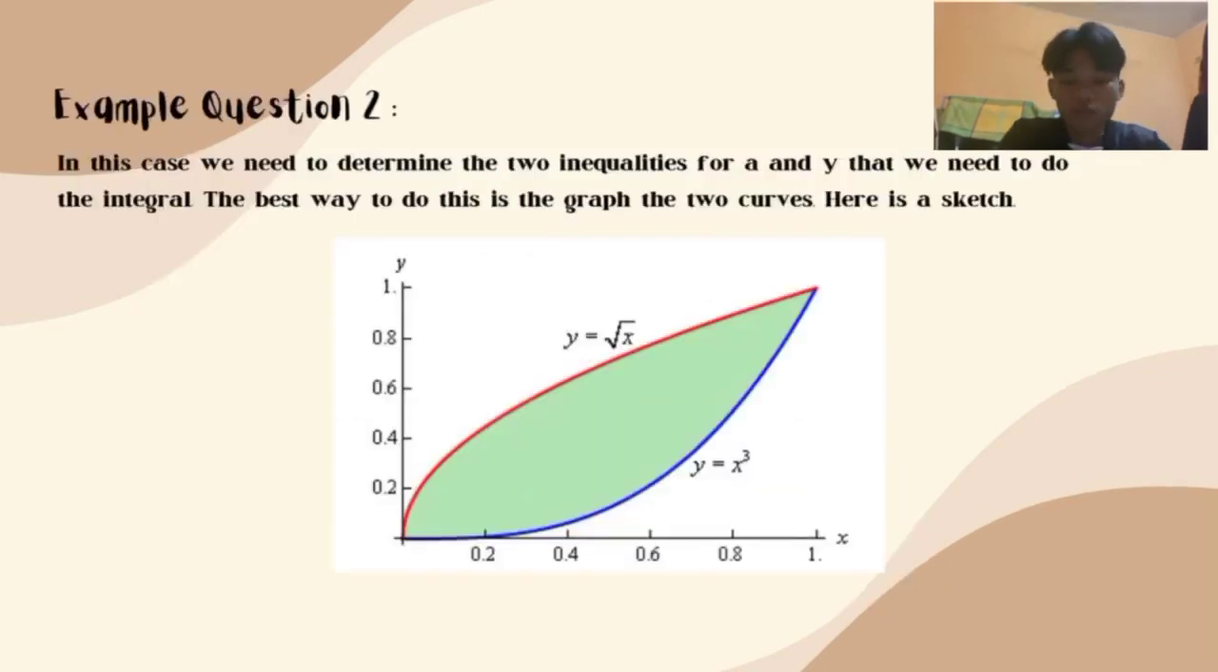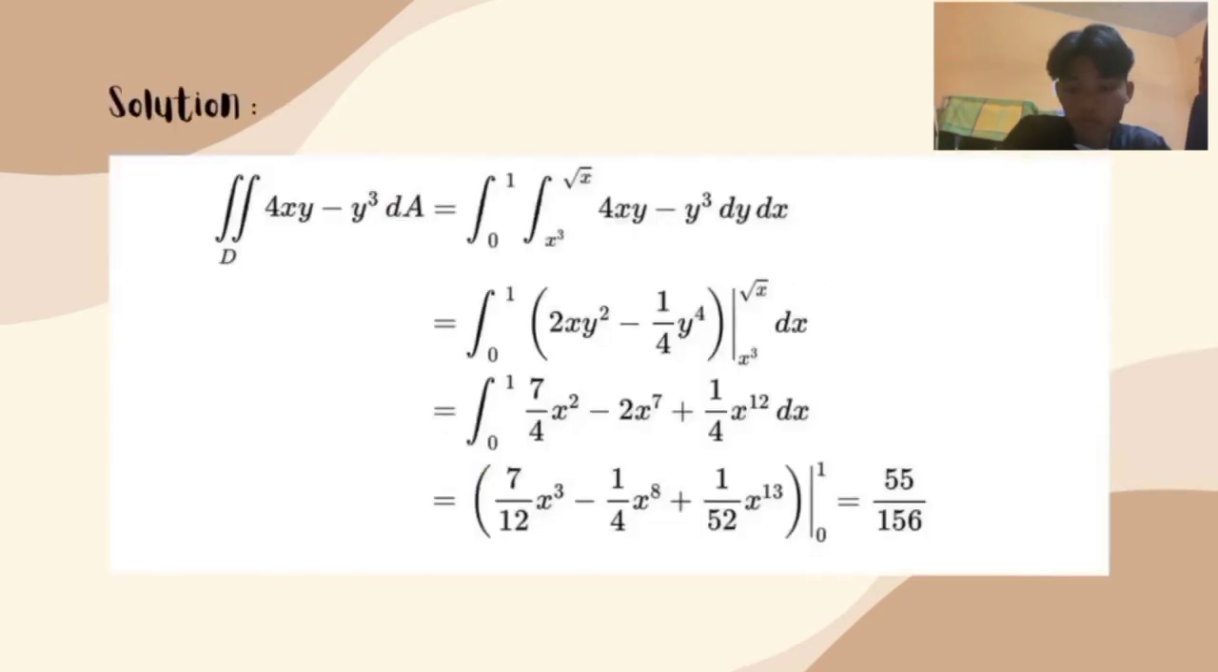For question number 2, we need to determine the two inequalities for x and y that we need to do the integral. The best way to do this is to graph the two curves. So here is the sketch of the graph. For 4xy minus y power of 3 dA is equal to integration 1 over 0, integration